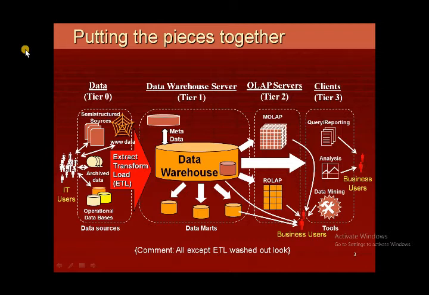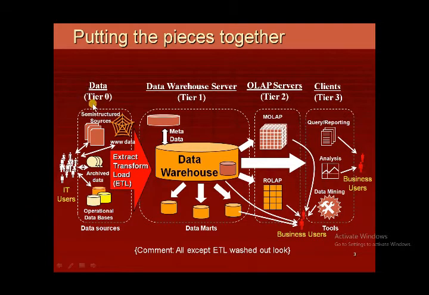Now coming back to the lecture, if we look at this picture, this is an architecture of the data warehouse. In a data warehouse we have three tiers. It means in an architecture, when we have to move data from one layer to another layer, we make layers inside the architecture. So here are three layers. This is called tier 0, in which we are looking at different source systems that are running inside the university or in any organization. These source systems can include flat files and databases. Again, these systems have data that is coming on a regular, daily basis.